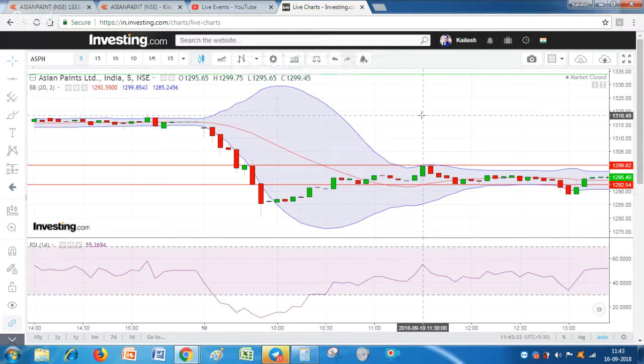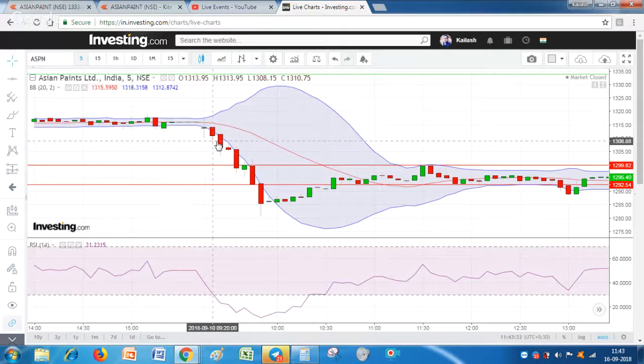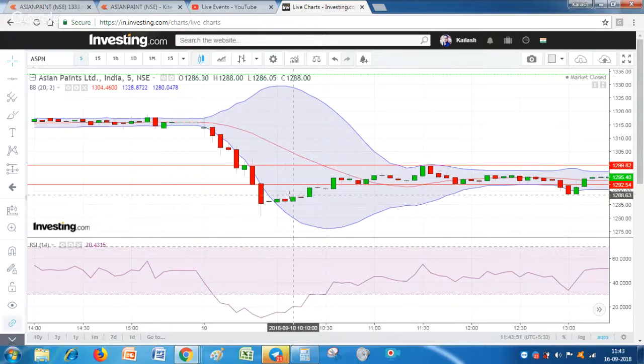So friends, we have to look at the previous candle, and we can keep our trailing stop loss at the previous candle high. If we shorted at this candle low, once the stock has reached this 1% target level, we should have trailed our stop loss from our original level to this level. So we should have locked in at least 8 rupees, friends. Then suppose we waited, look at what happened after that: our stop loss would be hit here.